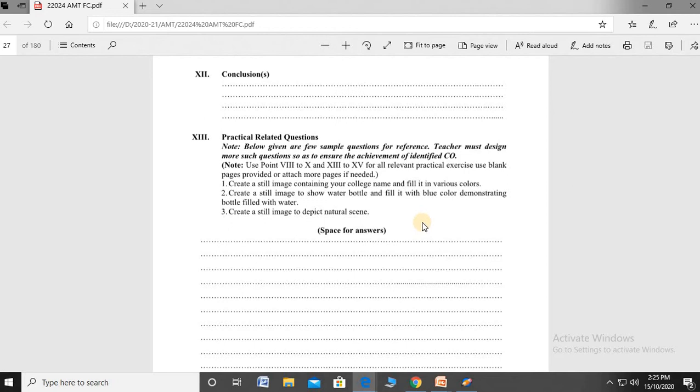In Pencil 2D we draw whichever question you are assigned, and the drawing is saved with an image extension such as .jpg, .bmp, etc. Whichever extension is provided, you choose it, and your drawing is automatically converted into an image. Clear? It is not movable, it is constant, so it is called a still image.